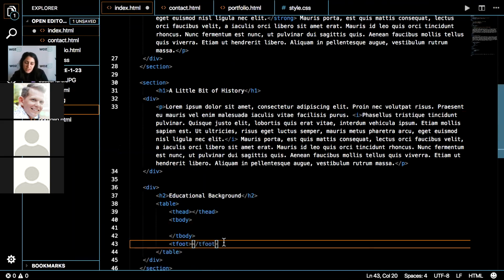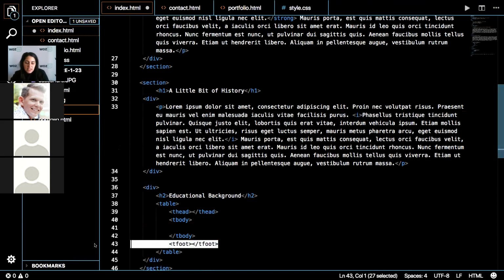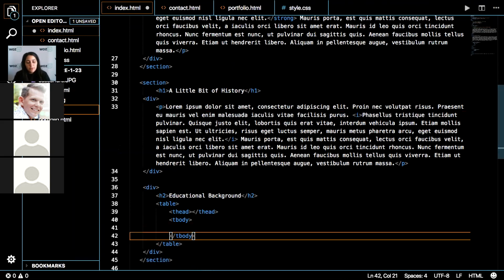I'm not going to use tfoot because I don't really use it. You'll see tables in different forms and formats because the thead, tbody, and tfoot are fairly new. So there are some developers that still use just a regular table and then just make rows and columns. But you can also specify, like if you want to target the head for styling and you want it to be a certain color, it makes it a little bit easier.